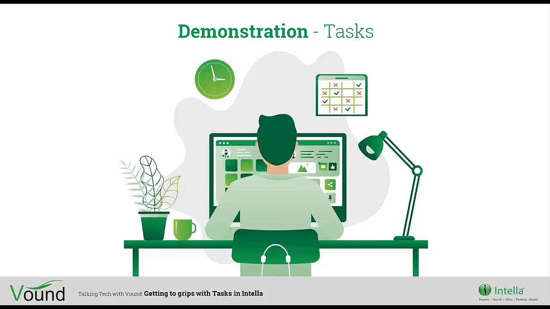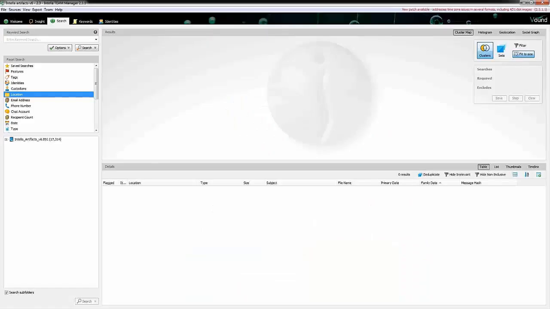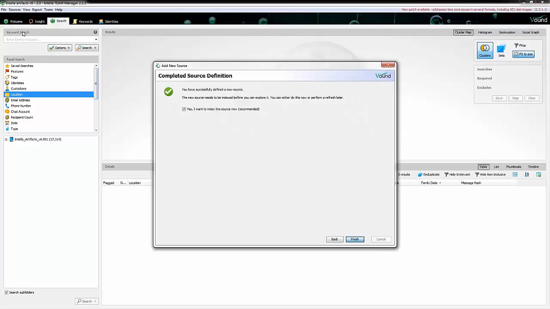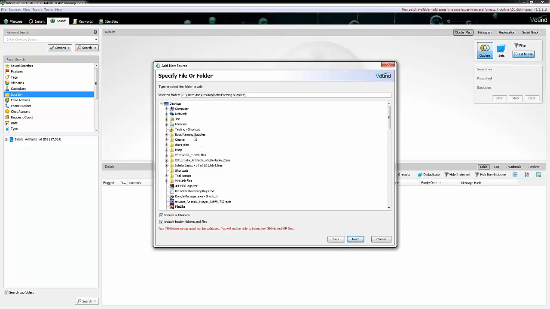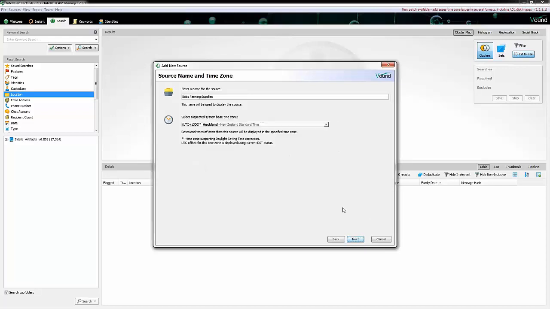This sort of presentation is probably best suited for a demonstration. So what I'm going to do is bring up Intella and we'll go through the task feature in Intella. So tasks can be configured when adding a new source to a case. And this is done in the second to last screen of the Add Source wizard. So let's go ahead and do that. Go Add New, we have file or folder. I've got a folder here that we'll add in, and I'll just use the default settings as we go through here,